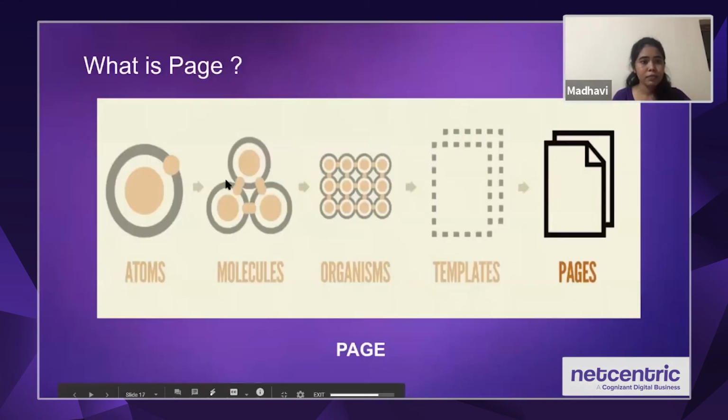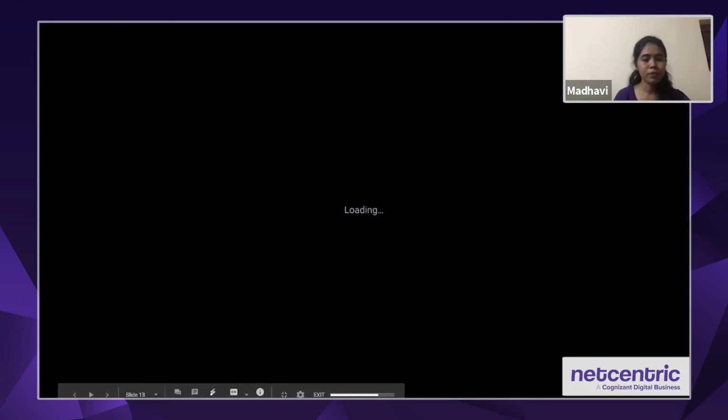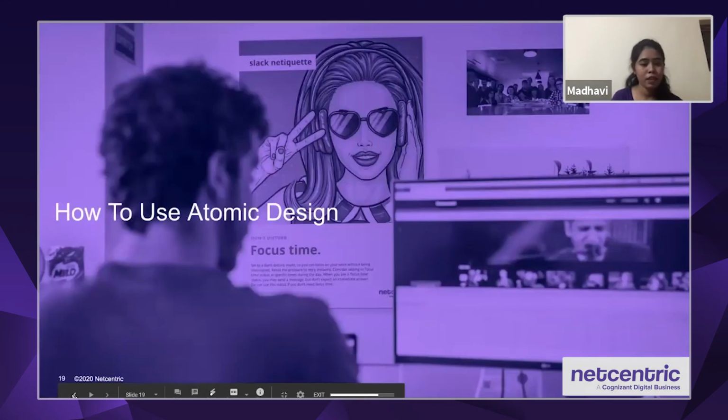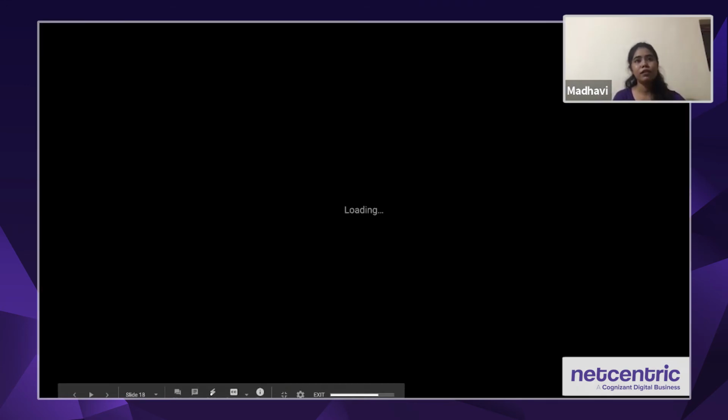Going on to our next page. Pages are what we get when we combine all these four stages together. Pages are specific instances of templates, and they show what a UI looks like with real content. Let's take an example.